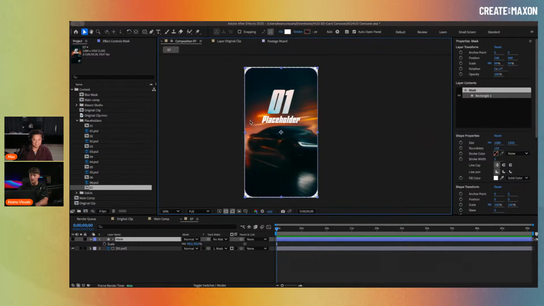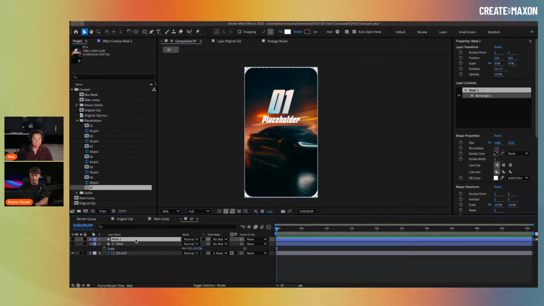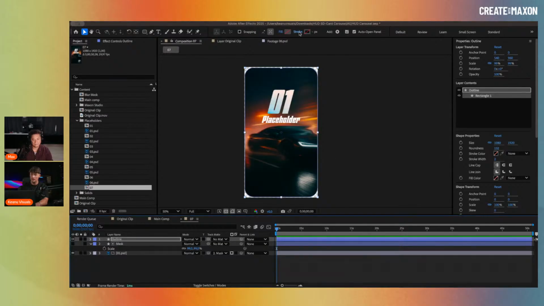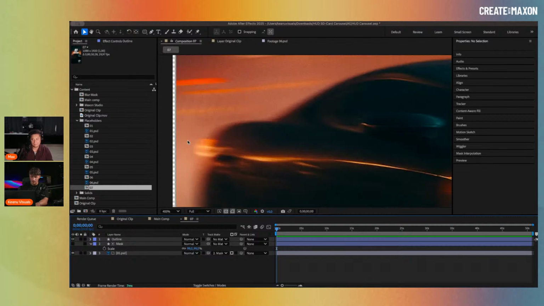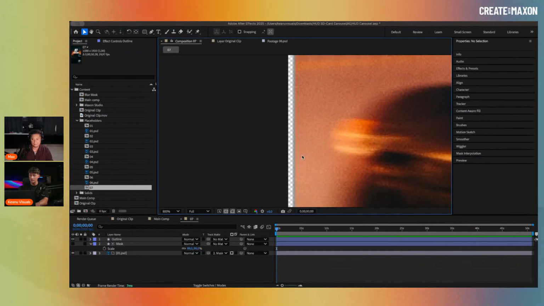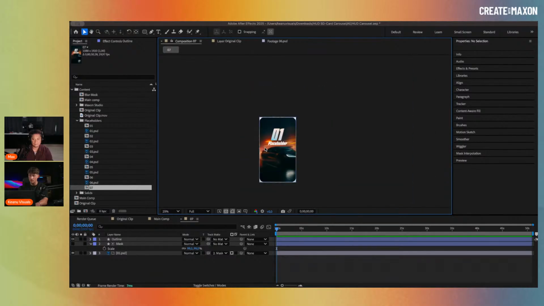I also like to add outlines just to play a little bit with the UI. So I'm duplicating the masked rounded rectangle and calling this one outline. We need to turn on the visibility of the layer again. For the fill for the outlines, I don't want any fill. And for the stroke, I want a constant color. You can also go with some of the gradients. That's also pretty cool. And now we have a stroke here. It's just a little detail, but I really like how we now have a rim around it. And that's it. That's what we are going to do for all